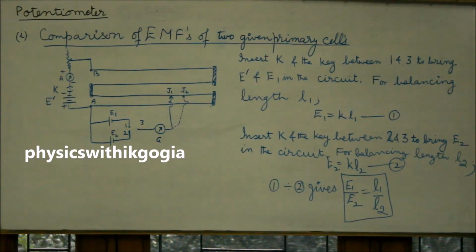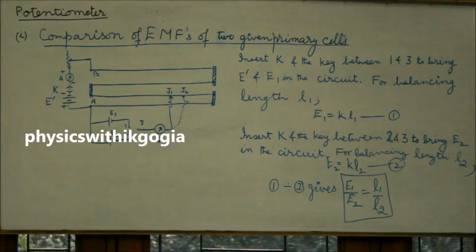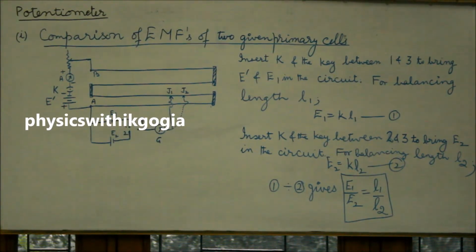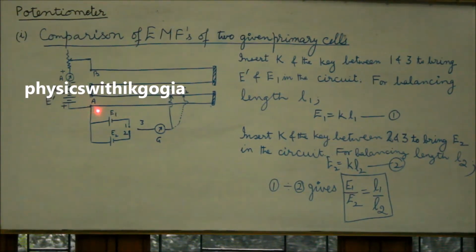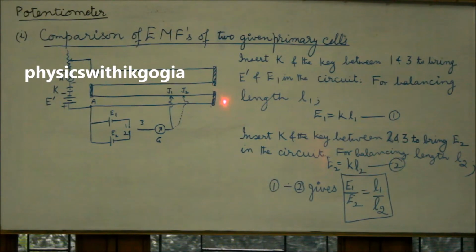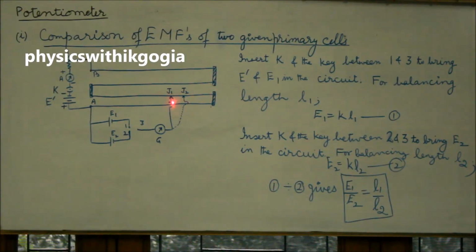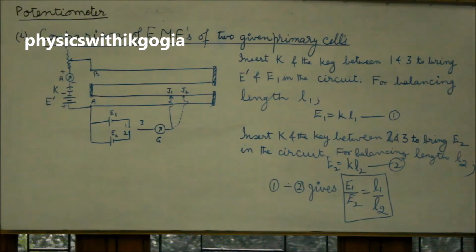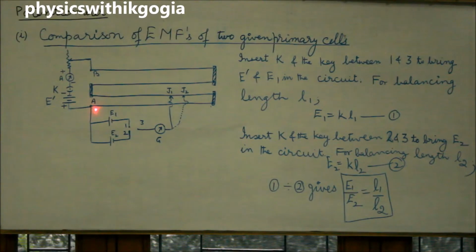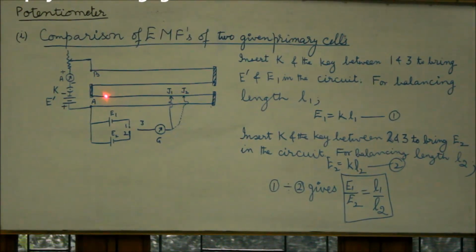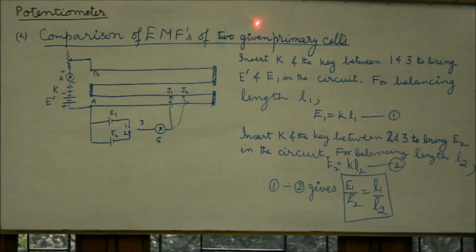Remember, it's advisable to get the null point on the second wire or the third wire. When you record the balancing length, this is 0 centimeter, 100 centimeter, and then you use the scale which reads 0 here, meaning 100 plus this length. And if you are getting the balancing point here, then the length will be 100 centimeter, 200 centimeter plus this. So use the appropriate scale, 0 to 100 for this and 0 to 100 for this third wire.